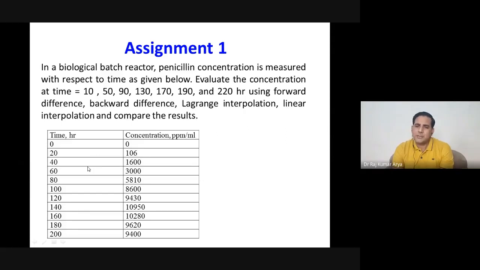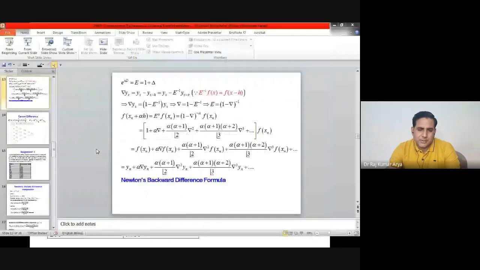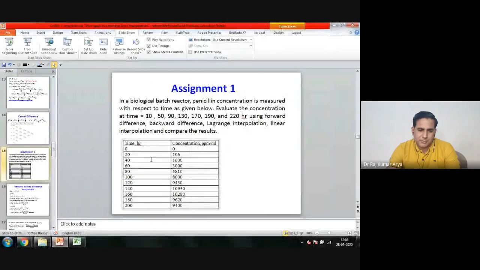So first you have to check whether we can use forward difference or backward difference or not. For that, the primary condition is that your data must be equally spaced. For Lagrange, there is no such consideration. You can have any type of data, and linear interpolation again has no constraint, right? So linear you can calculate much more easily, right? Yes or no? Can you do the calculation of that?